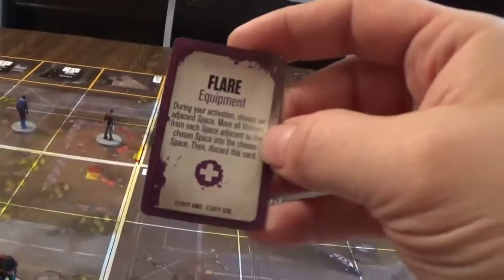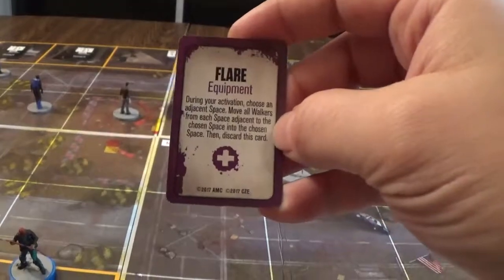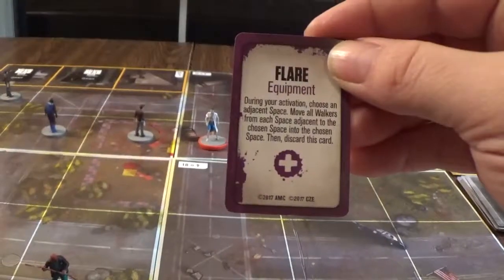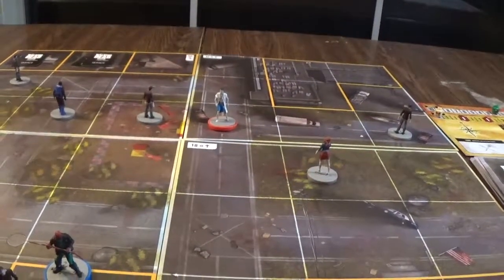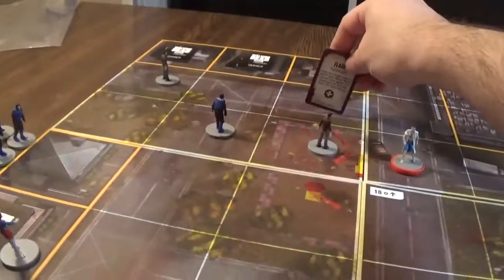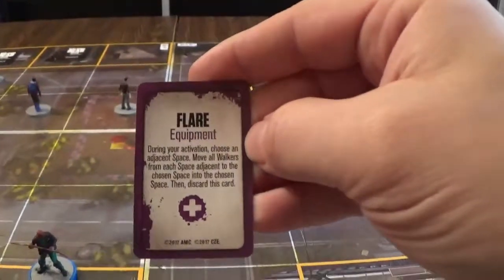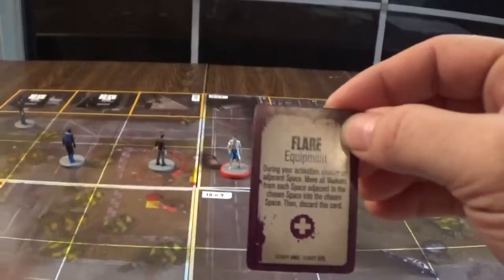I'll use the flare. Choose an adjacent space. Move all walkers from each space adjacent to the chosen space into the chosen space and discard this card. What? That's stupid. During your activation, choose an adjacent space. Okay, let's say I would choose this one. Well, this is considered adjacent. Yeah, okay. Alright, we're gonna play that. We're gonna choose this space right here. Move all walkers from each space adjacent to the chosen space into the chosen space. So we can move...